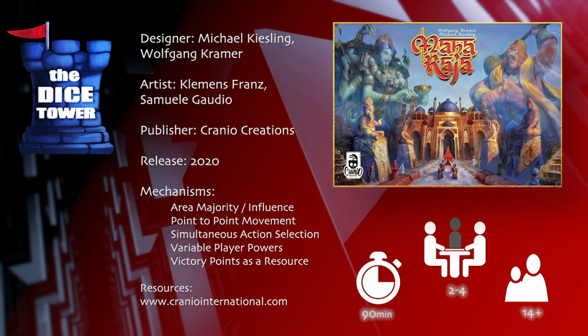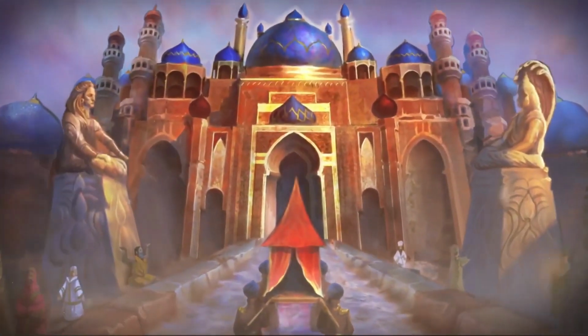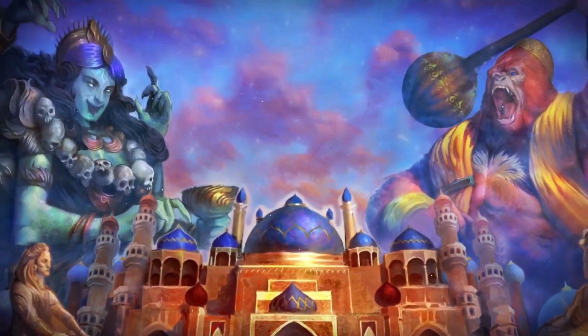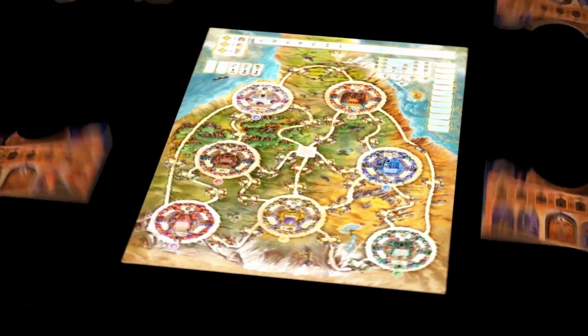In Maharaja, players take the role of priests who travel different cities in India, building statues and shrines dedicated to their favorite gods to expand their worship. To do so, they will be assisted by several characters with different abilities. Each year, the Maharaja, the great king of India, will change his residence and players will receive rewards according to